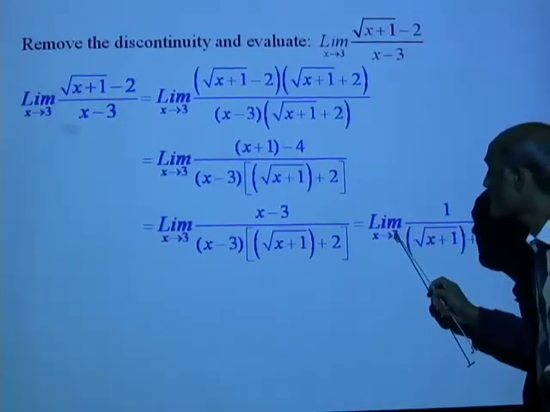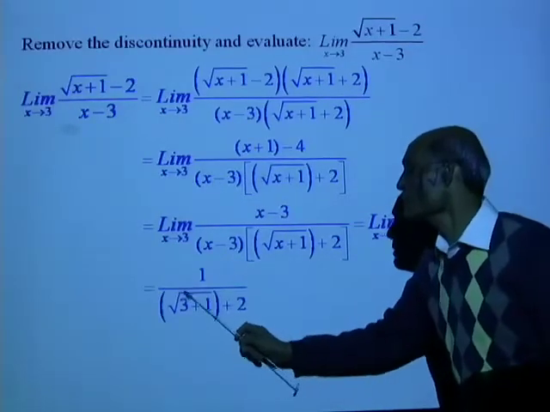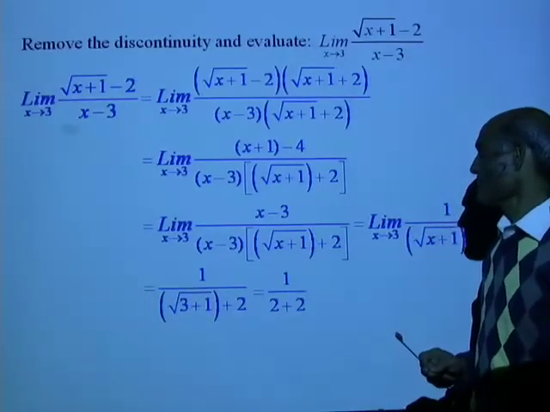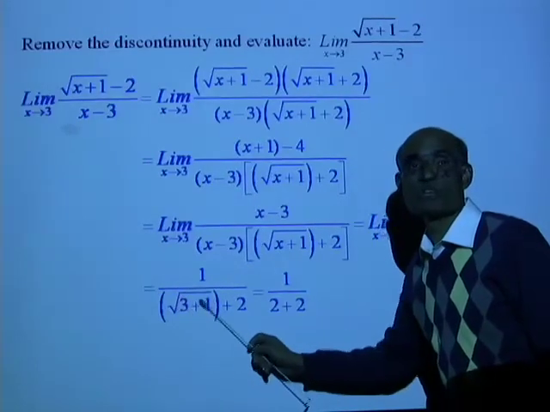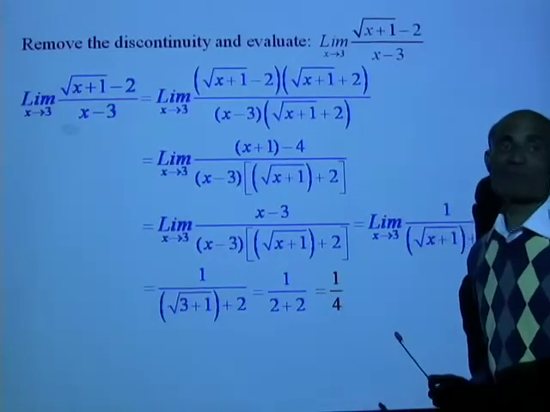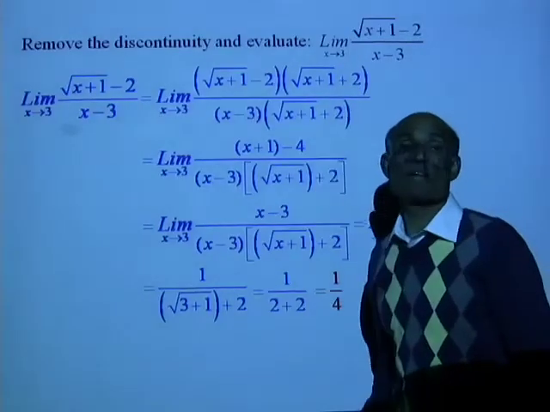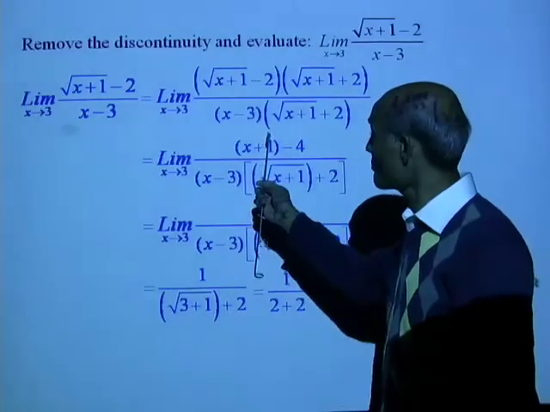Therefore, we can find the limit by replacing x by 3. That will be 1 over square root 3 plus 1, plus 2. And that will be square root 4, which is 2. 2 plus 2, that will be 1 over 4. So the limiting value of this when x approaches 3 is 1/4. That's a beautiful problem. Try